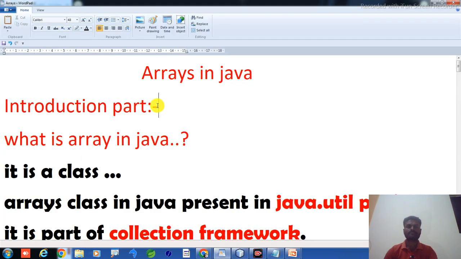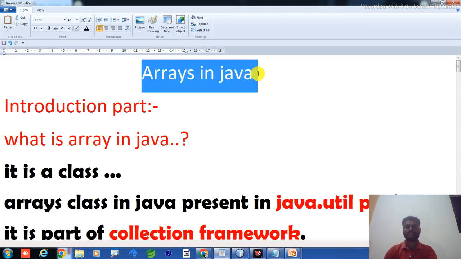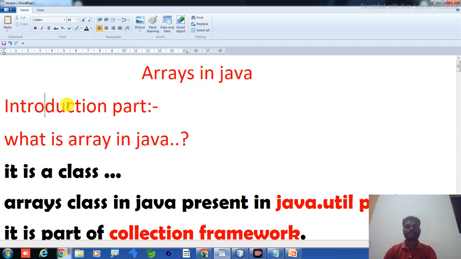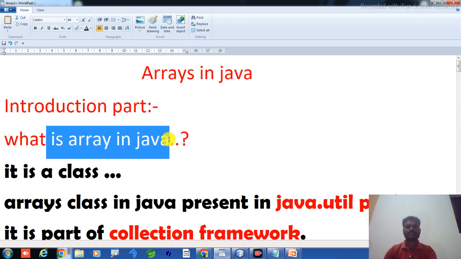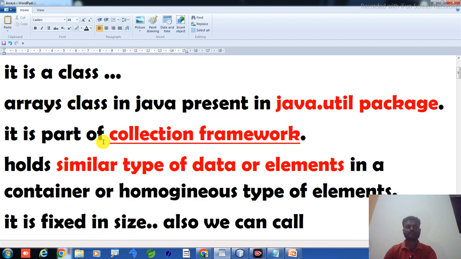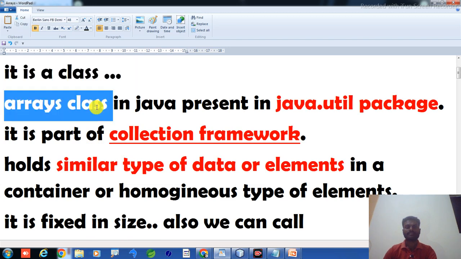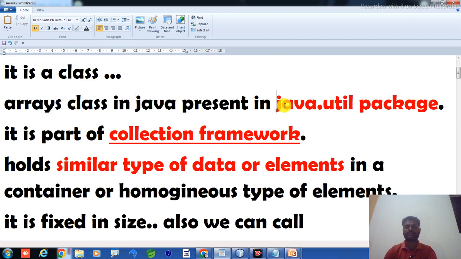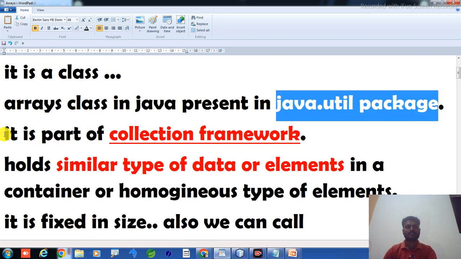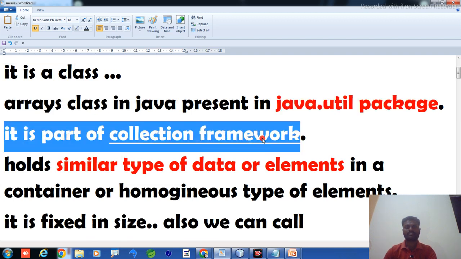What I have covered here is array in Java, the introduction part. So what is an array in Java? It is a class. Array class is present in the java.util package. It is part of the collection framework.